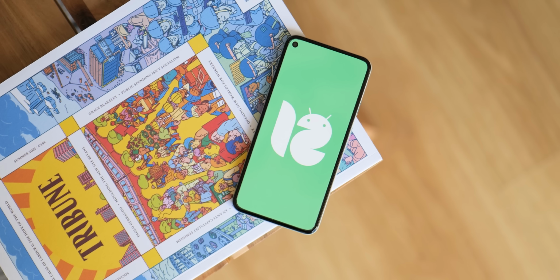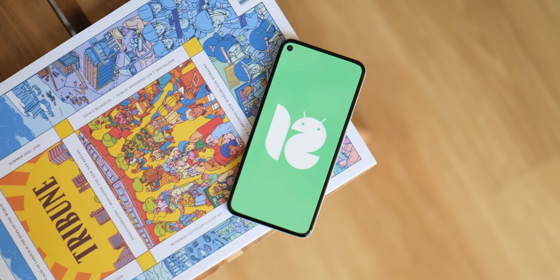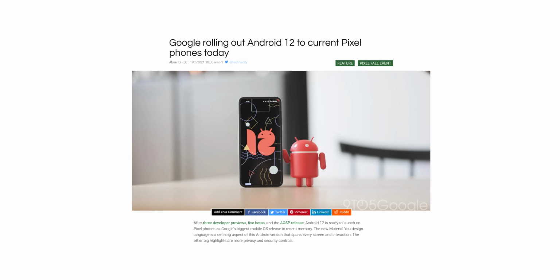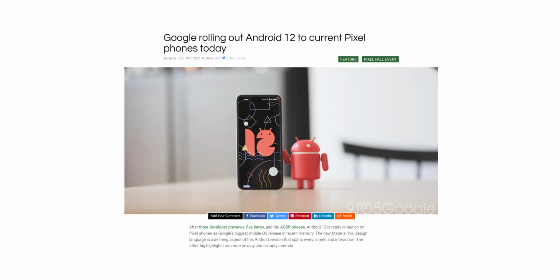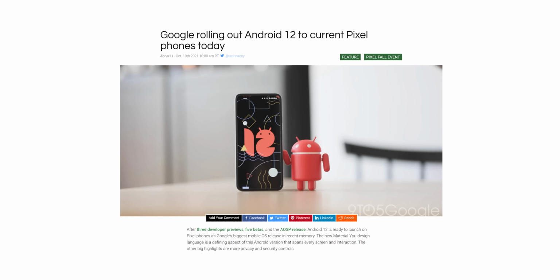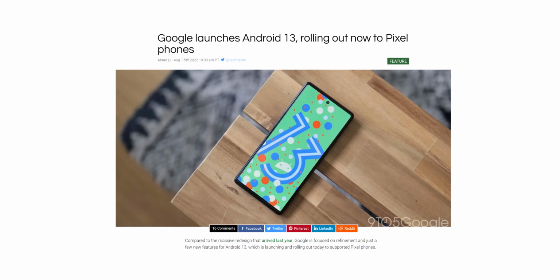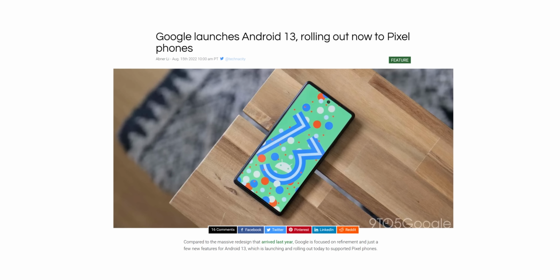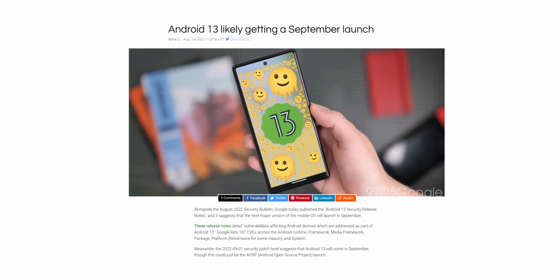If we start looking at full release schedules though, Android 12 was released slightly later than expected back in October 2021, likely to coincide with the Pixel 6 release. Under a year later, Android 13 was made available for Pixel devices in August 2022, before the Pixel 7 series arrived, and that was despite strong signs that it would arrive in September with those. Without a crystal ball, it's hard to truly be certain.